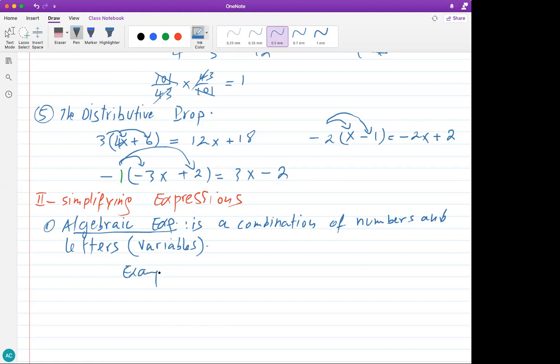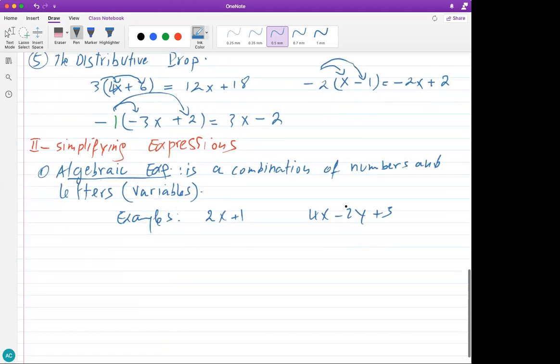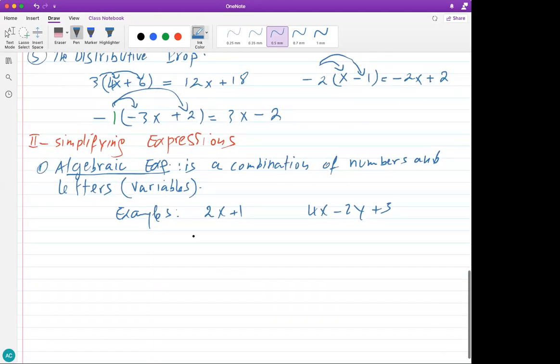Examples: say 2x plus 1, for example, 4x minus 2y plus 3. Another one, you may have x divided by 2y plus 4. So just a bunch of numbers and letters together with some operations. Different types of operations may also be 3x to the second minus, let's say,